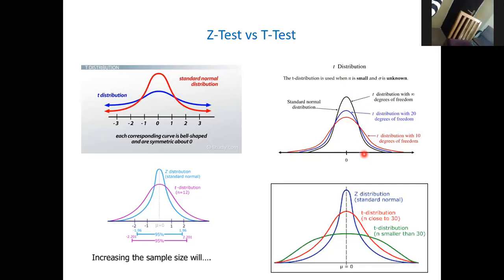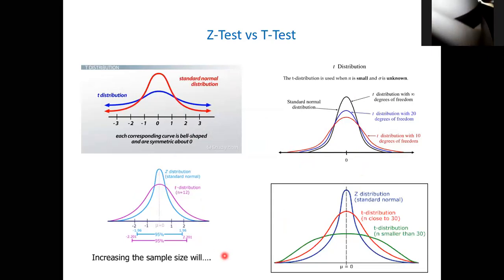The standard normal distribution has a fixed height and width, and it doesn't change. But the T distribution approximates the normal distribution as the sample size increases and the degree of freedom increases, it will look like the normal distribution. This one is still showing the same thing. Let's say this blue is the T distribution.